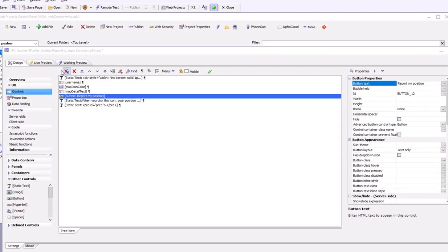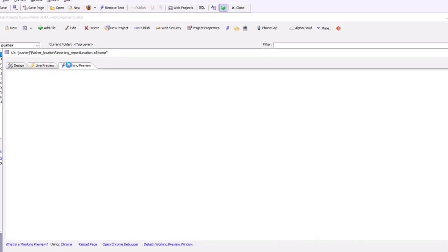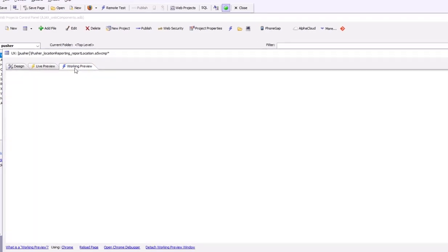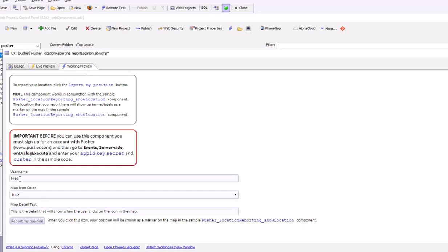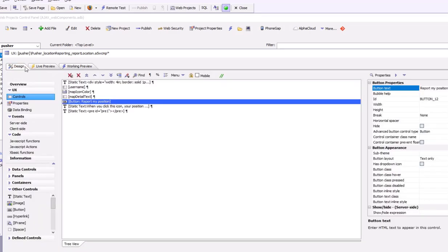So if we look at this component here, we'll see that it has some controls where the user can specify their name. You can specify what icon color you want to show up on the map, and then you can specify a message that shows up in the detail of the map icon when the user clicks the icon on the map. So this is the component that reports position, and if we look at this button over here, report my position, what we'll